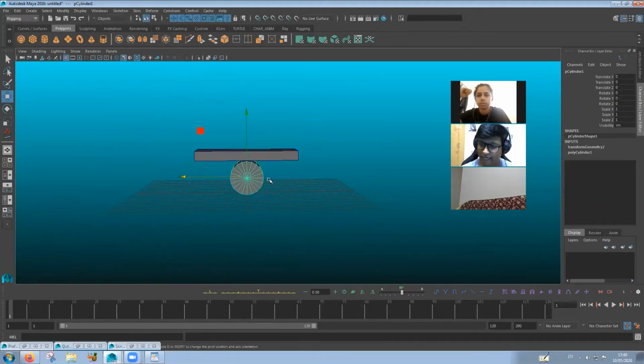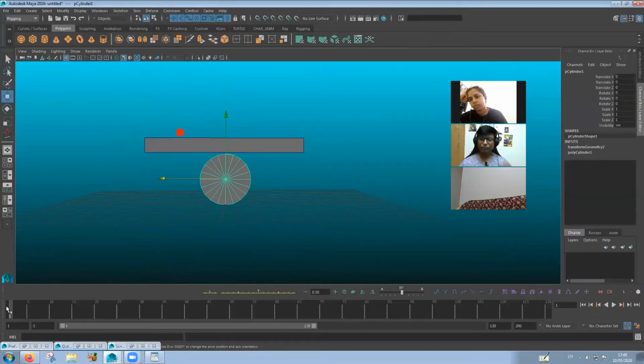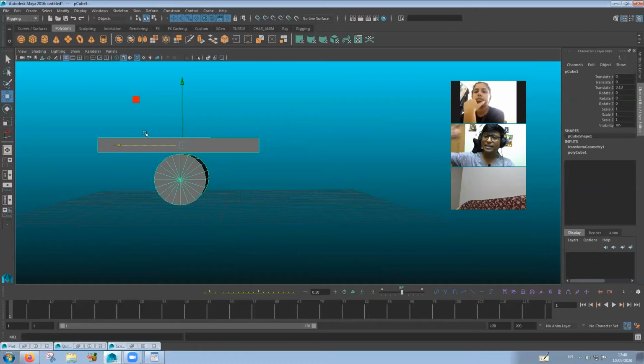And I want this to rotate at the same time. So what I'm going to do is, there's something called set driven key. What happens is you have to give an already existing animation to the wheel and say that whenever the cube moves in translate Z axis, we will activate that animation. All right, here's how it goes.